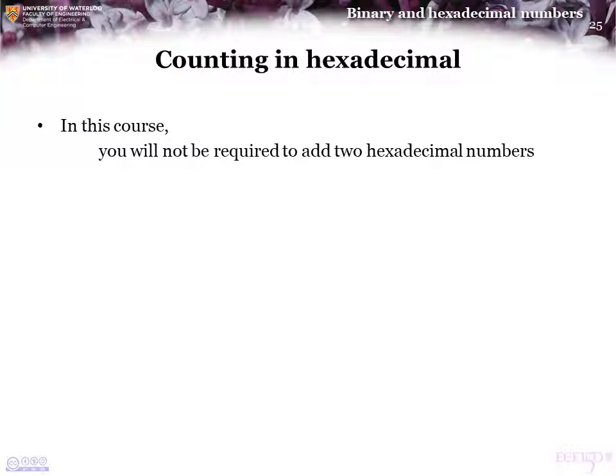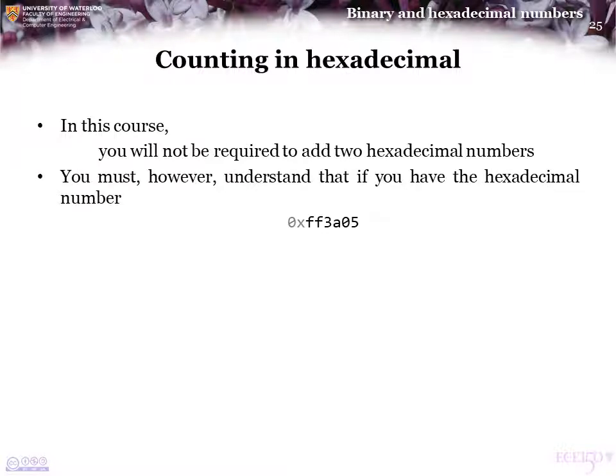So in this course, you will not be required to add 2 arbitrary hexadecimal numbers. You should, however, understand the relative order. So for example, given this hexadecimal number, the number that comes right before it has a 4 in the least significant location, and the number that comes after has a 6 in the least significant location. Given this hexadecimal number, the number that comes immediately before it has an E in the least significant location. The number that comes immediately after it,